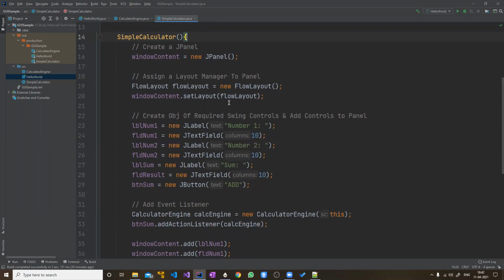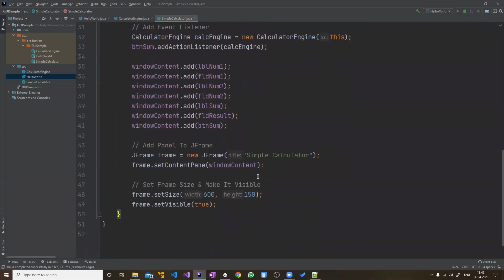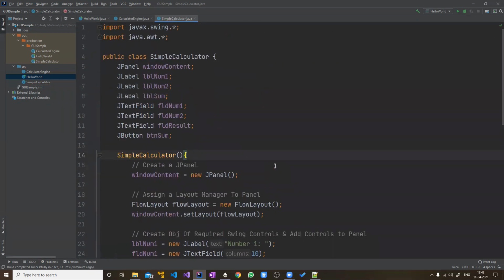All the initialization part, which was done in the main function, is now being done in the simple calculator constructor. And now it doesn't give you any error. So whatever was part of main, we have moved from main to the class, which means we have made all of them object variables.